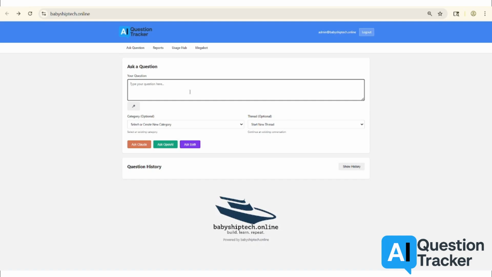This is the AI Question Tracker interface. At the top, you're not chatting. You're asking a question. This text box is not a prompt stream. It's the start of a permanent record. When I type a question here and submit it, that question becomes a first-class object in AI Question Tracker, and